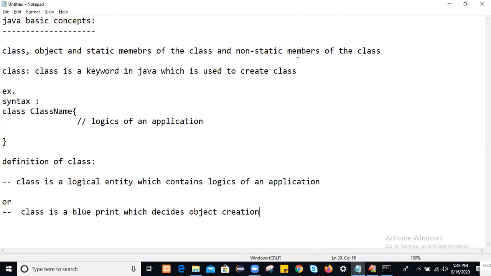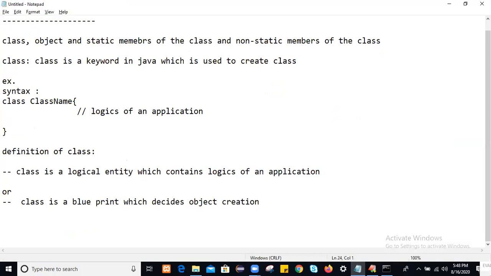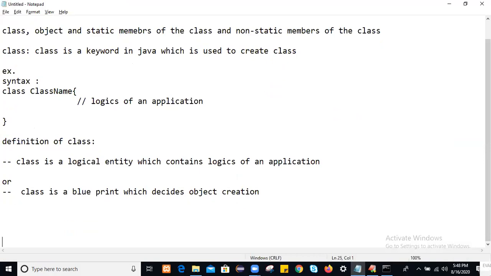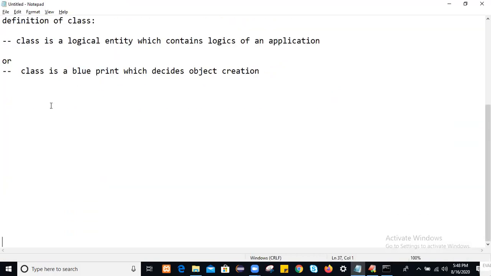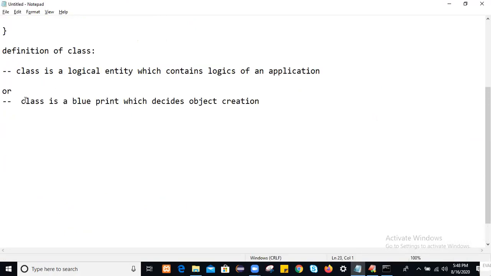Without a class you can't create an object. We create an object in Java by using the new keyword followed by the class name. If the class is not there, you can't create an object. That is why we say that class is a blueprint which decides object creation.